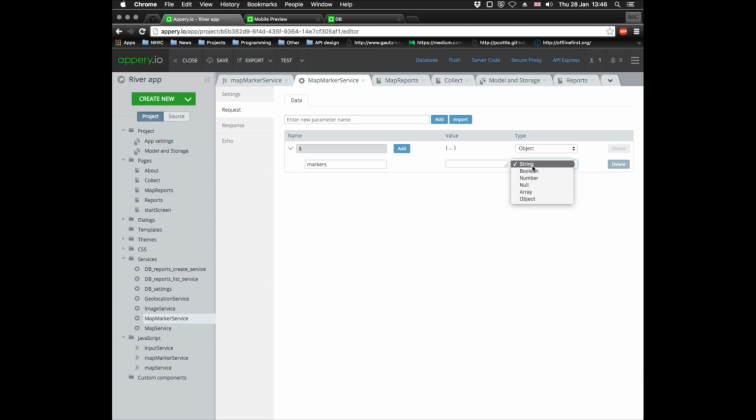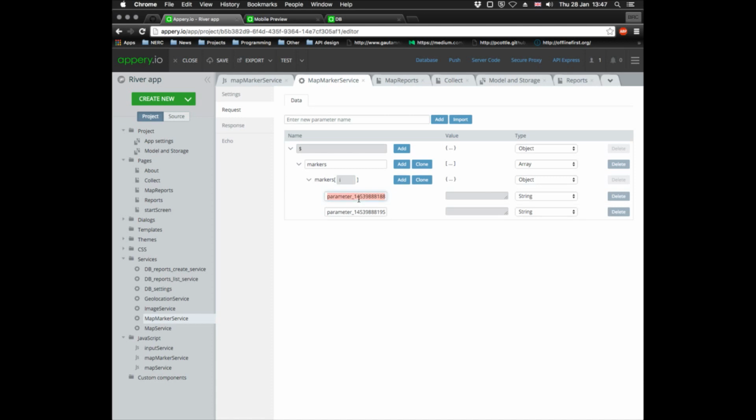did with the model. So we're gonna create a new array called markers, and each array will have an object and two values, name-value pairs again, latitude and longitude. And that's it. Now we have the service. We need to